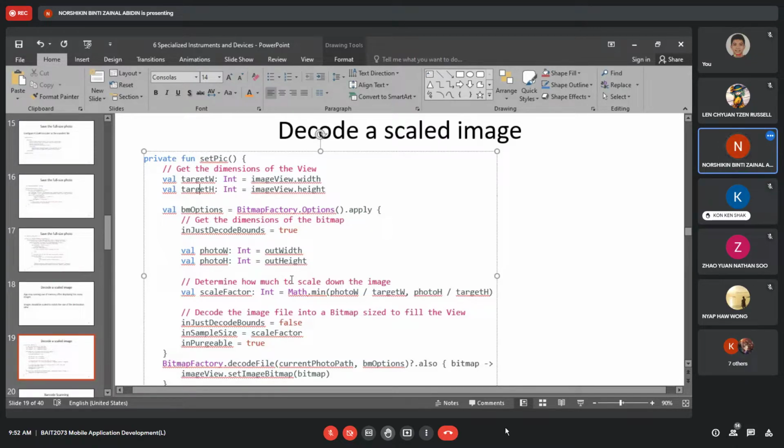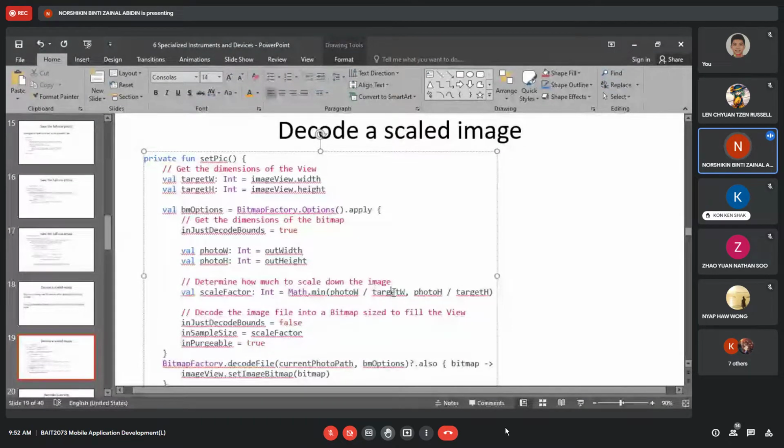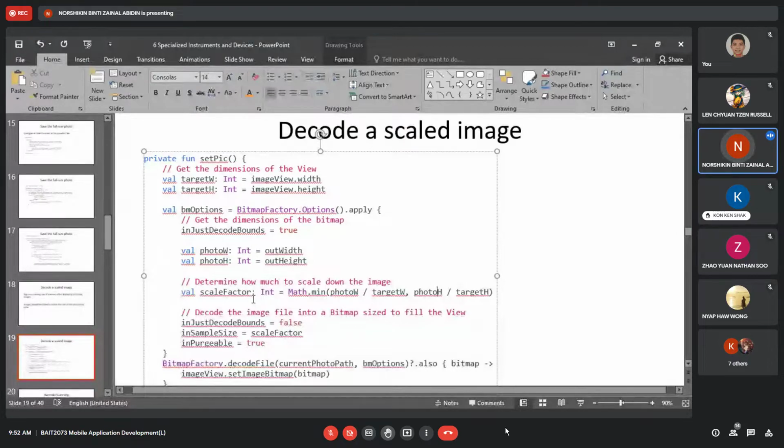So here they try to configure how much to scale down the image in terms of the H and the W, the scale factor, math min. Photo W is the width just now, and then target width, and then the height as well. They will do the process of how much they need to adjust or modify the size.